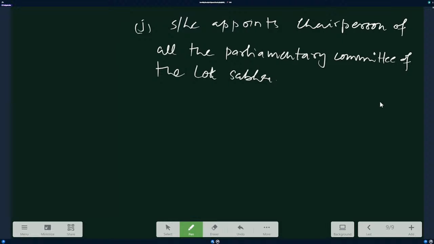Yeah, how the Lok Sabha speaker is removed, we have talked about in the special majority. How is he removed? He is not removed by the ordinary majority. He is removed by a special majority, right? And he needs 14 days prior notice. His salary is also fixed. Now write about deputy speaker.